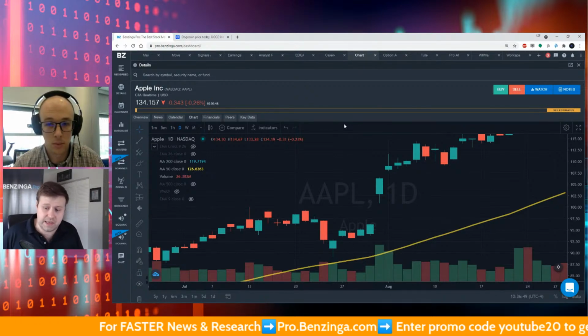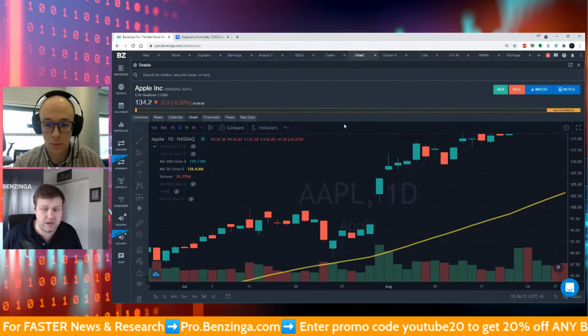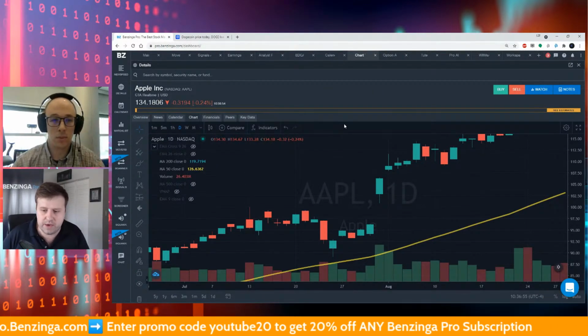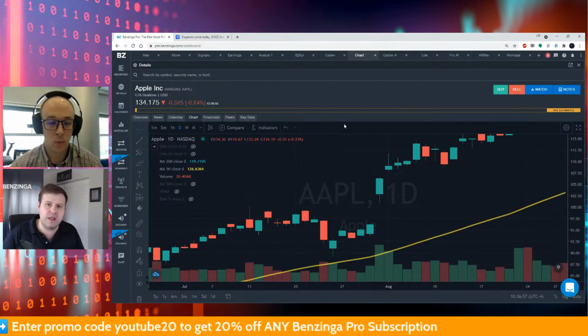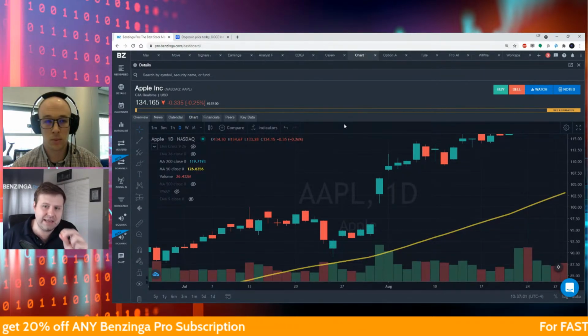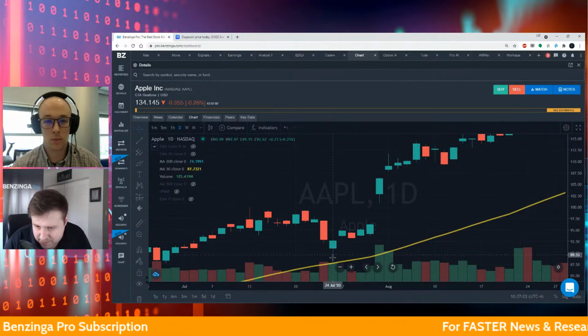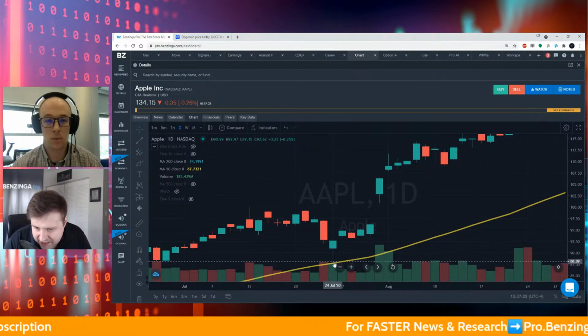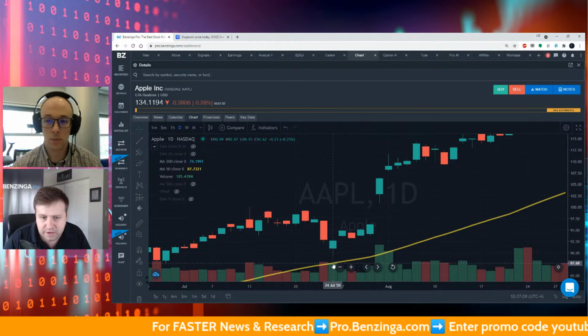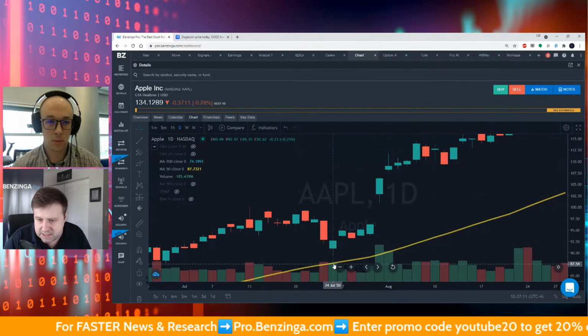Now, the one last thing here, and this is incredibly important. In fact, if you listen to nothing else that I say today, this is what you should take away from this. Moving average lines, the support and resistance, is not a finite point. If I take my cursor and I put it on this line and I align this line to the center of that candle, the value that I get here is